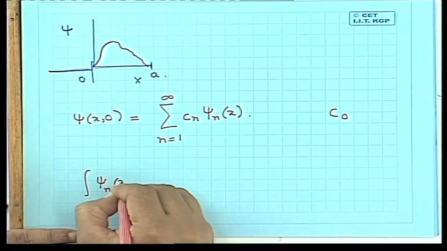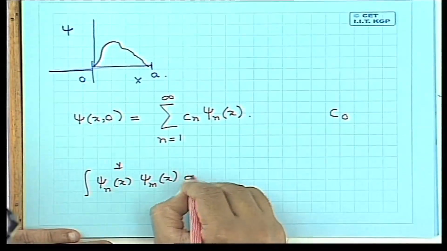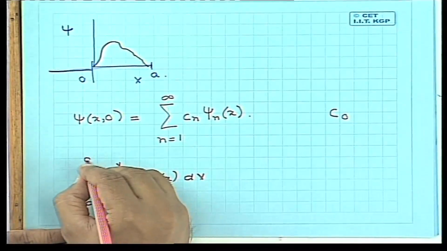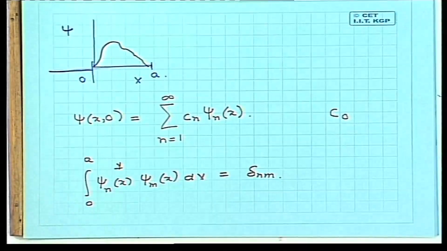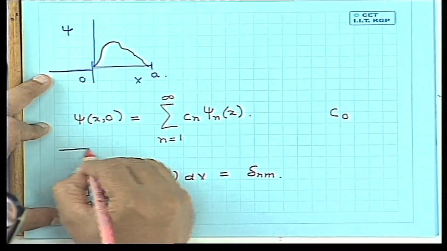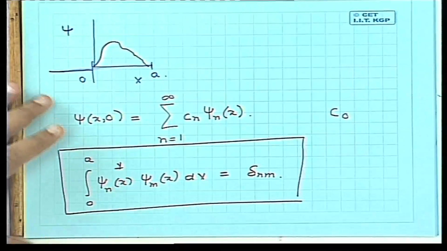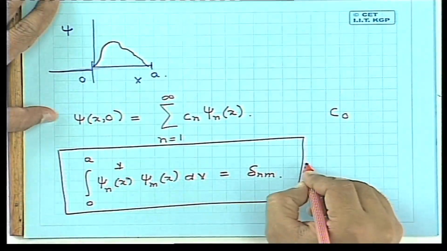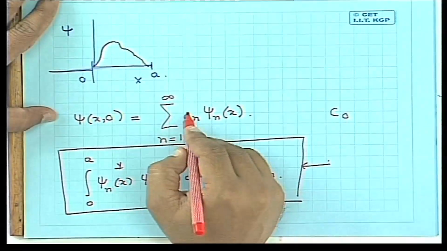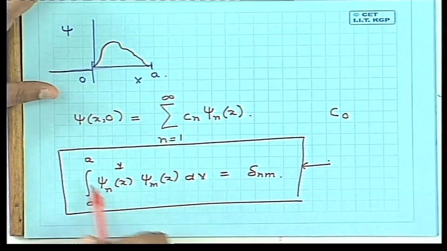So the integral of psi n star psi m dx from 0 to a is equal to delta n m. This is very easy to verify. You just have to put in psi n and psi m and do the integrals, which are just sine functions. And we know that this is true because this is how you work out the coefficients in the Fourier expansion. Okay, so we see that these wave functions form a complete